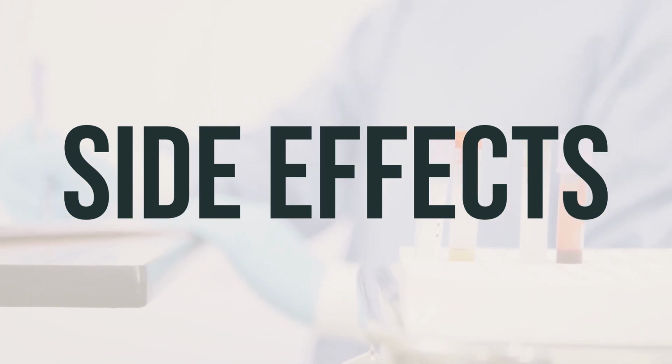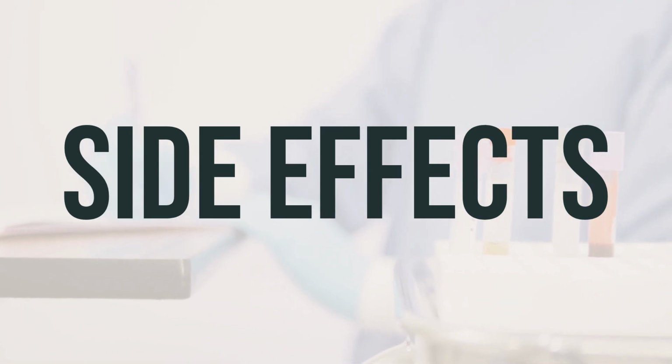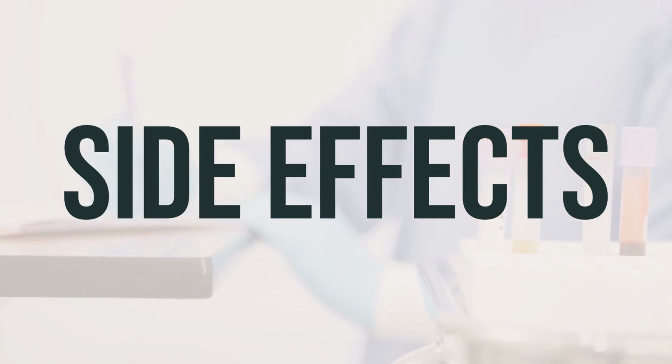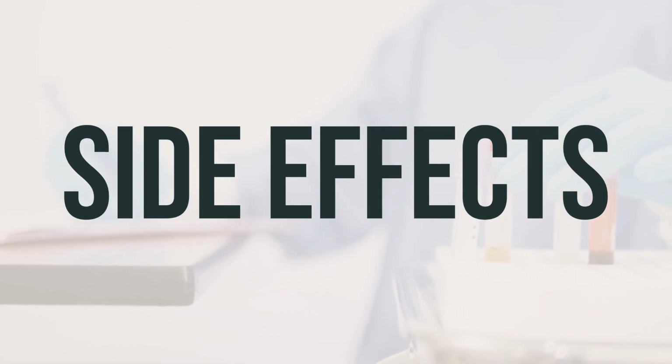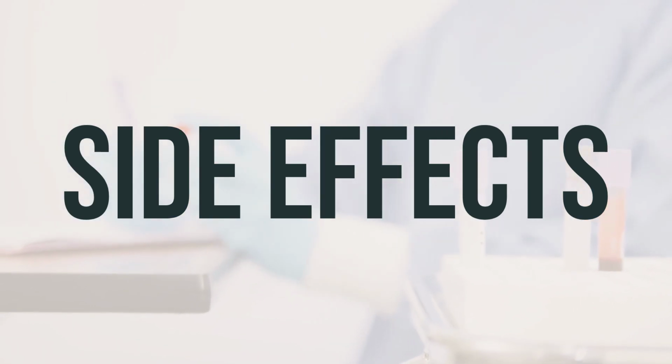If you notice severe or persistent stomach pain, black or tarry stools, vomit that looks like coffee grounds, trouble speaking, weakness on one side of the body, sudden changes in vision, or sudden severe headache, it's important to seek medical help right away. While a serious allergic reaction to aspirin is rare, it's important to get medical help immediately if